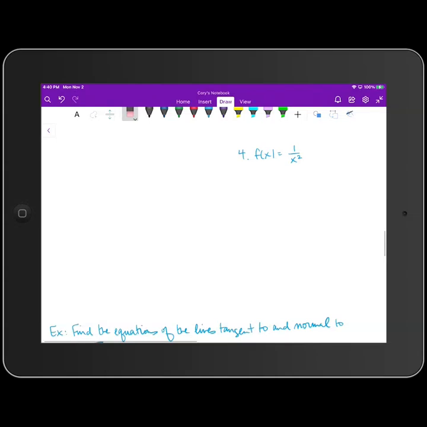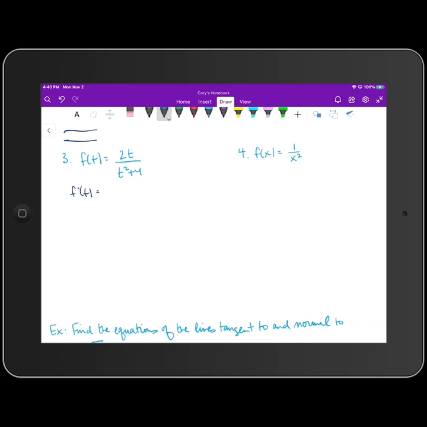Okay, so we're going to continue with our lesson from class. Examples 3 and 4, again, ask us to find the derivatives of these functions. So we can go ahead and differentiate number 3, f prime of t using quotient rule. So that's going to be low, which is t squared plus 4, d high, the derivative of the top function